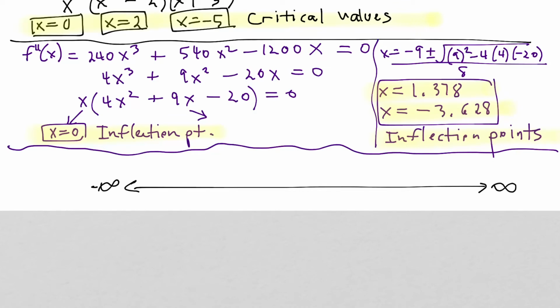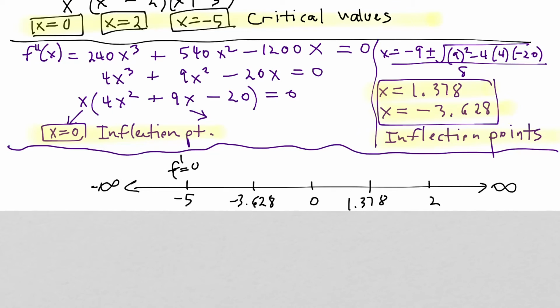So I've got negative 5, then negative 3.628, then 0, then 1.378, and 2. So on the top, I'm going to say this is where f prime, let me just put,